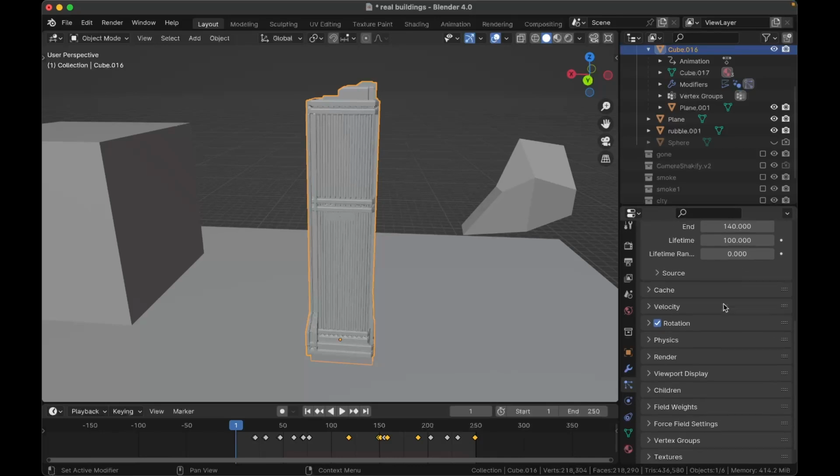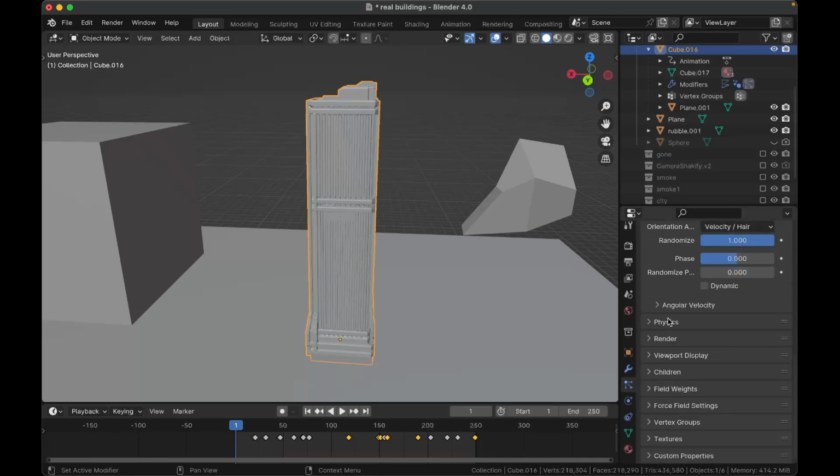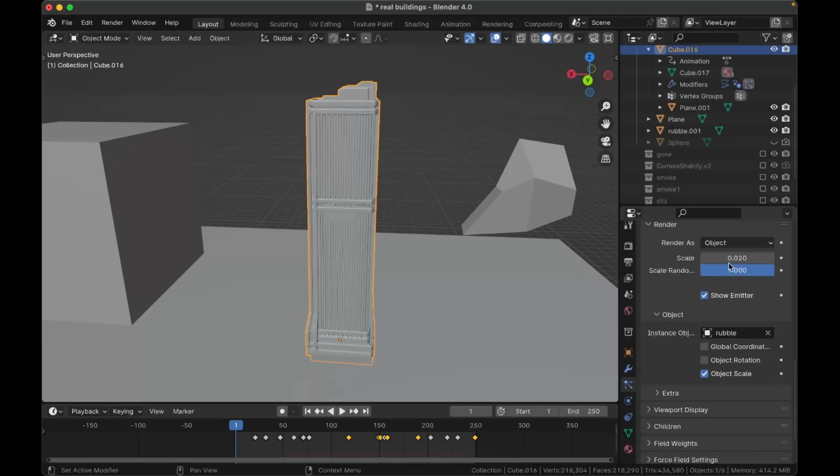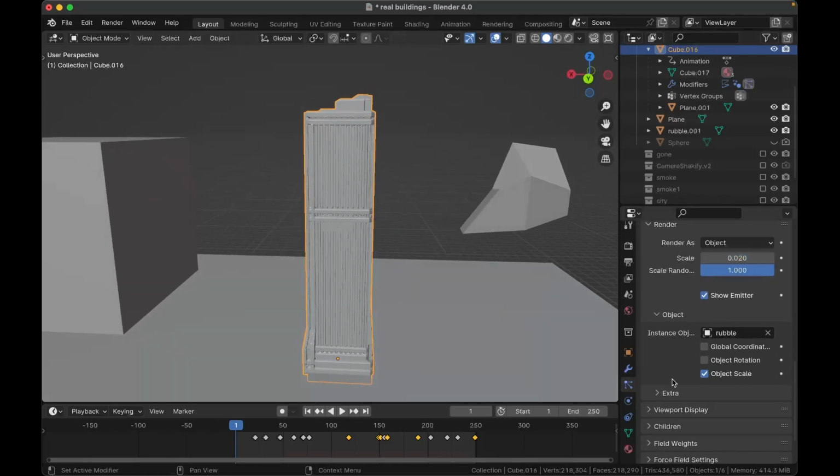I just did 500. Make sure you turn on rotation, randomize. Make sure you turn on render in here, change it to object, pick your rubble object, and then you can adjust the scale and randomize the scale right here. And once you've done that, you'll have